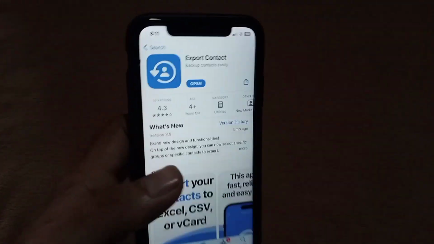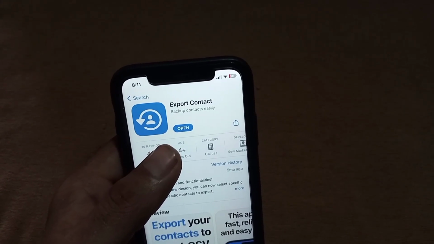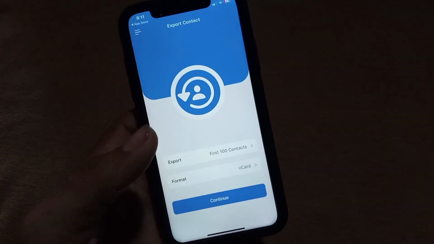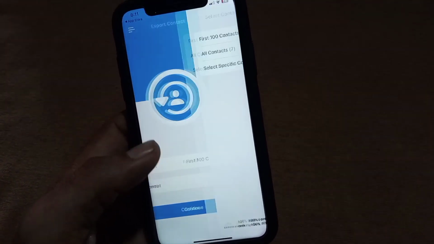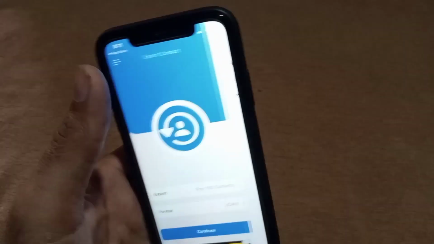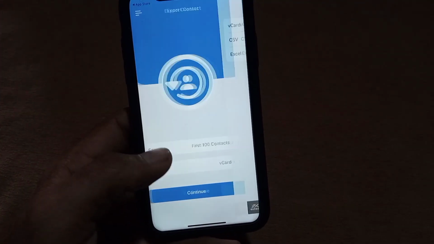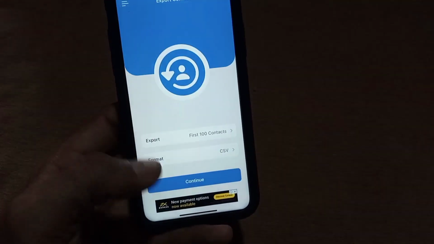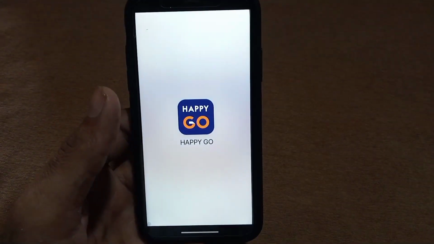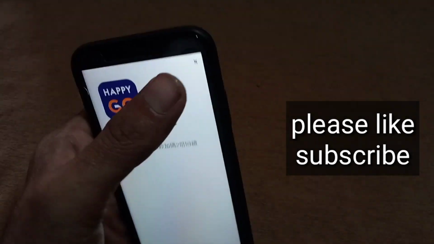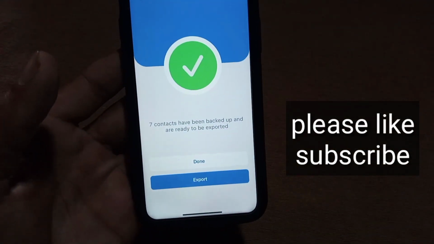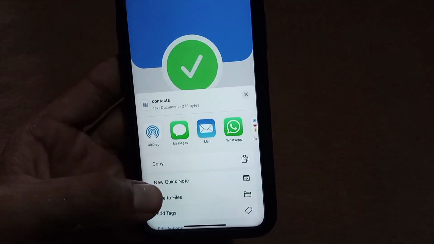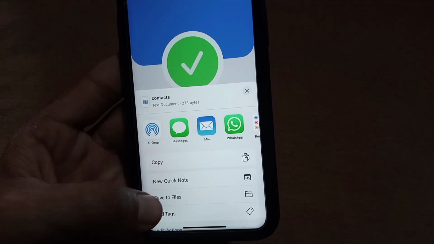Open the App Store and install this application, Export Contacts. I have already installed it, so this is the best method and best application. Guys, this is the interface you can see appears on screen here. Simply tap on format here. Now tap on CSV, and tap on continue. Wait for some seconds. Now close this ad, and you can see your contacts have been backed up on your iPhone. Simply tap on export from here and tap on save to file,